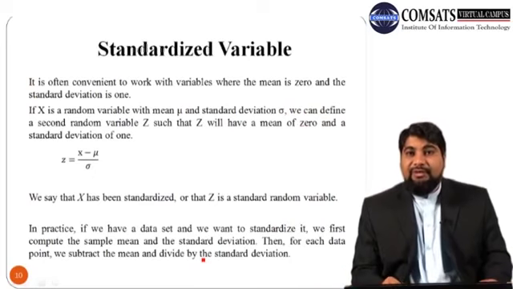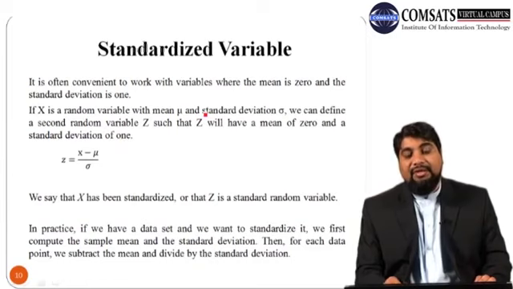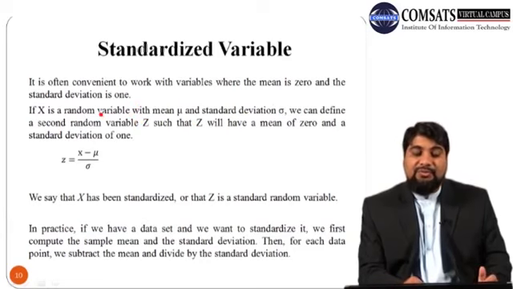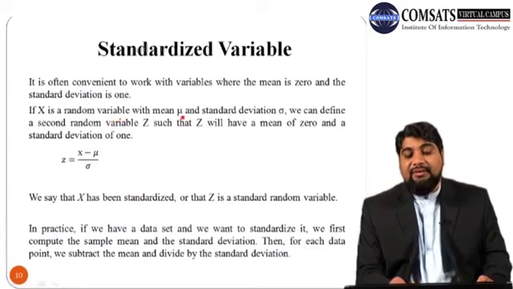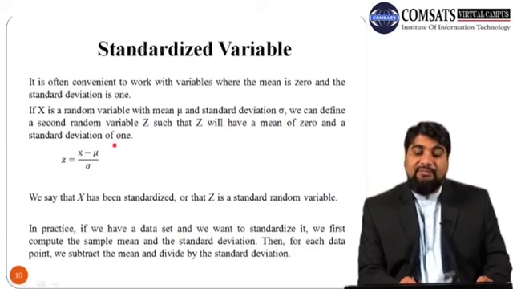So next we discuss one very important concept, which is the concept of standardized variable. It is often convenient to work with variables where the mean is 0 and the standard deviation is 1. Suppose x is a random variable with mean mu and standard deviation sigma, then we can define a second random variable z such that z will have a mean of 0 and standard deviation of 1